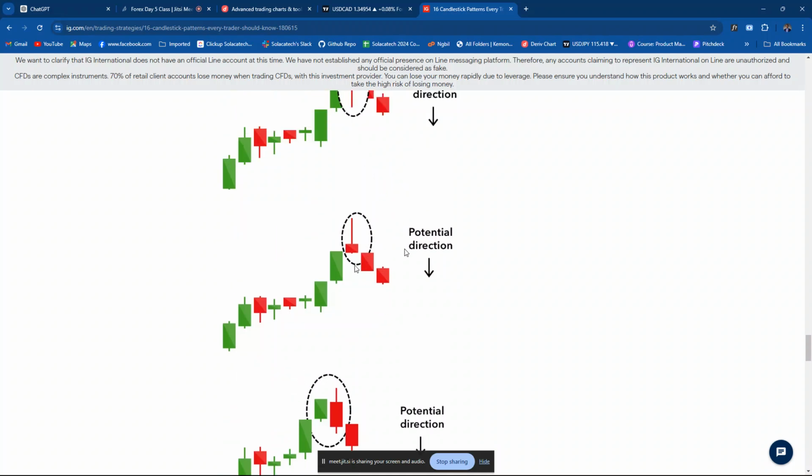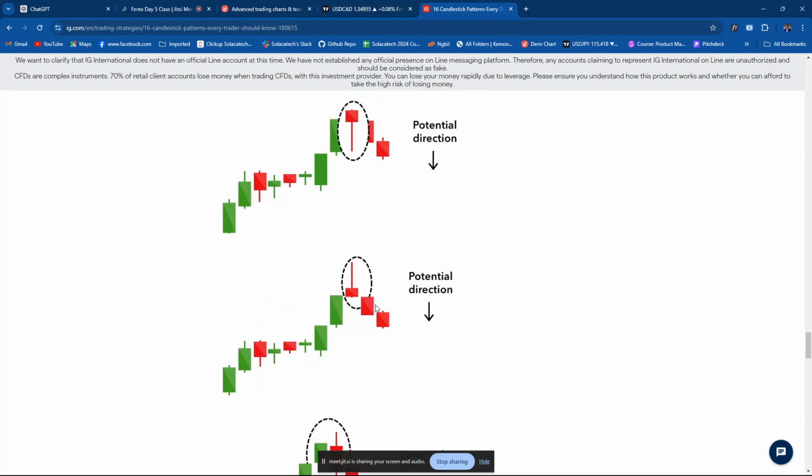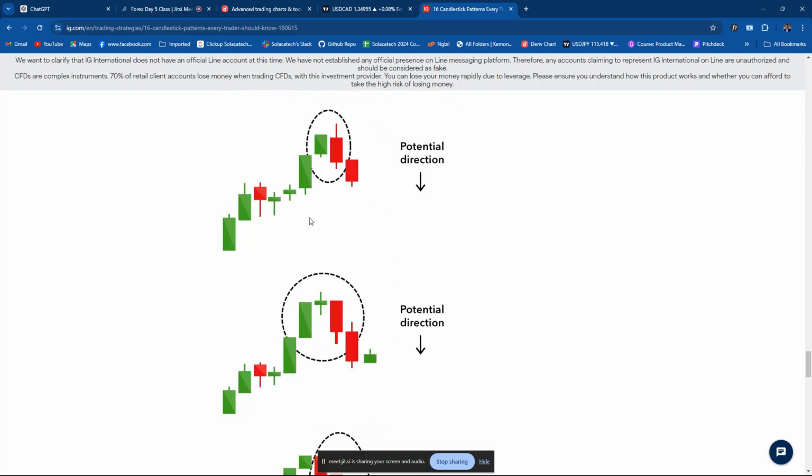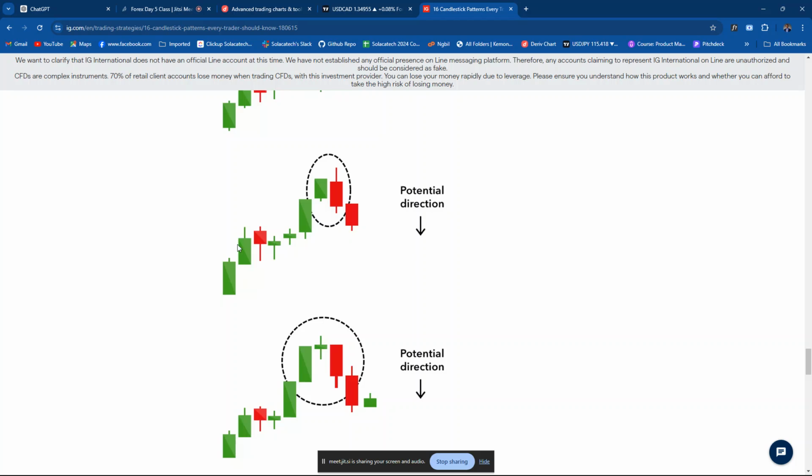So these are the diagrams. This is the hammer, right? So you see the hammer coming out, they show you the reverse direction when it's formed. Whether it's up or down, once it's formed, if the market was on an uptrend, it changes the direction. These are the things you find in the Candlestick Bible. So this is it too. You find this guy too, the daily morning star. So reverse,